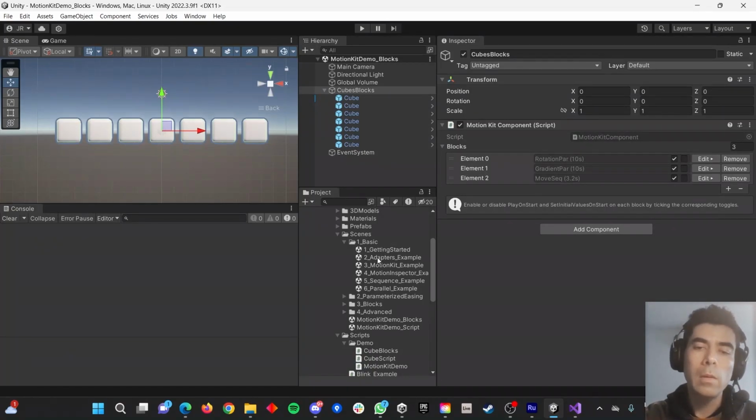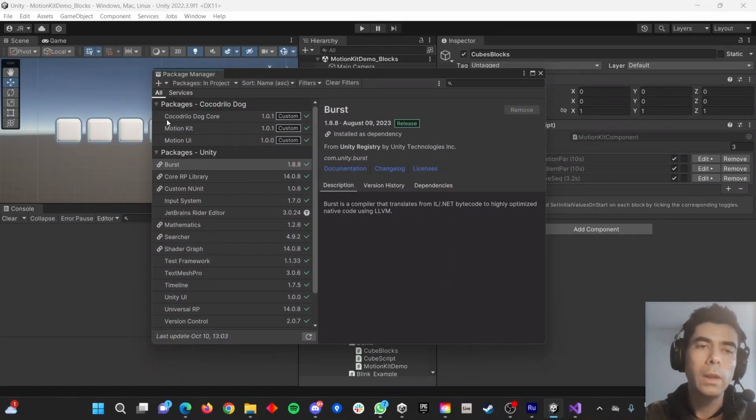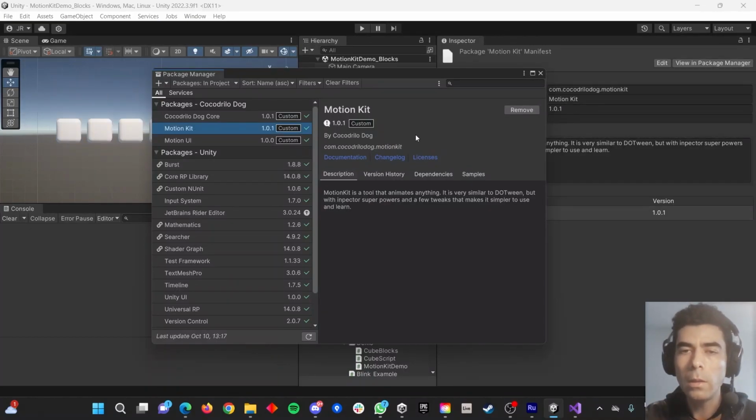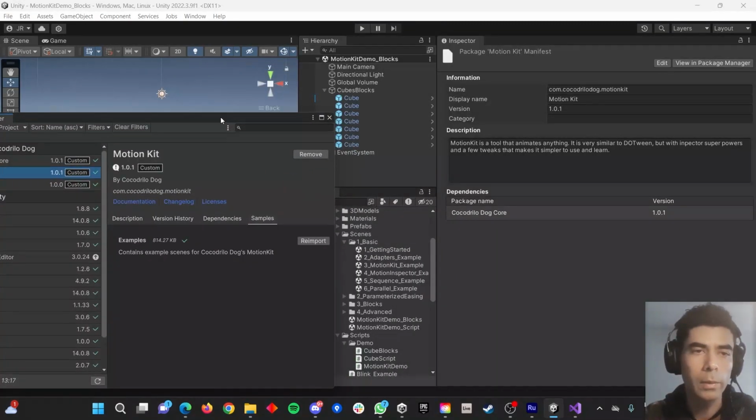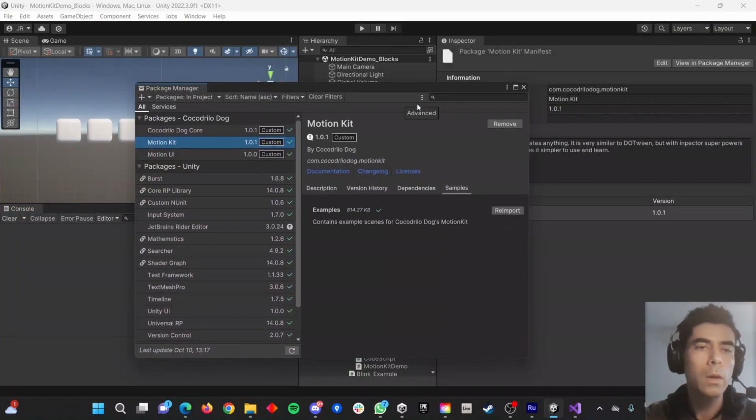If you want to have all these scenes in your project, what you need to do is just go to the package manager. Once you have installed the Cocodrilo.core, which is a dependency for the Motion Kit, you can proceed to install the Motion Kit tool, then come to the section of this tool, go to the samples tab and re-import, and you will have all those scenes and examples there for you to try out and to learn a lot about the Motion Kit.